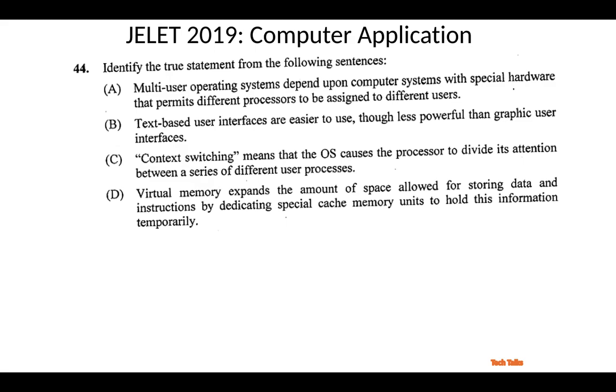So here it is written that text based user interfaces are easier to use. This is false. Again, though less powerful, it is also false, because text based user interfaces are more powerful but difficult to use, and graphic user interfaces, GUI, are easier to use and user friendly, but not very powerful.